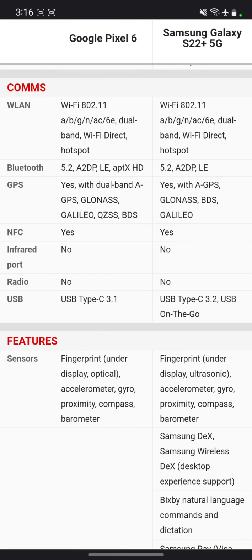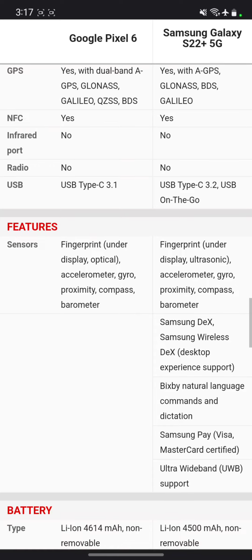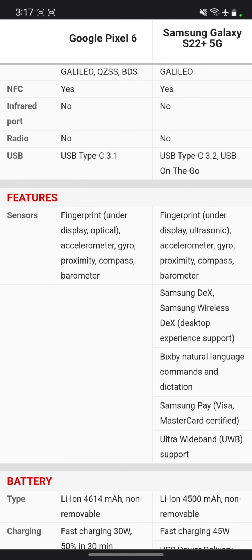Interestingly enough, the S22 that I'm currently holding in my hand, not the Plus variant, does not have Wi-Fi 6E. It just has Wi-Fi 6. Don't know why that was a differentiator between the two models, but it was. Not that I have a Wi-Fi 6E router, so it doesn't really matter. But I guess to future-proof or make your phone future resilient, Wi-Fi 6E. Great job. USB Type C, of course, and that's not Samsung's fault or Google's fault,